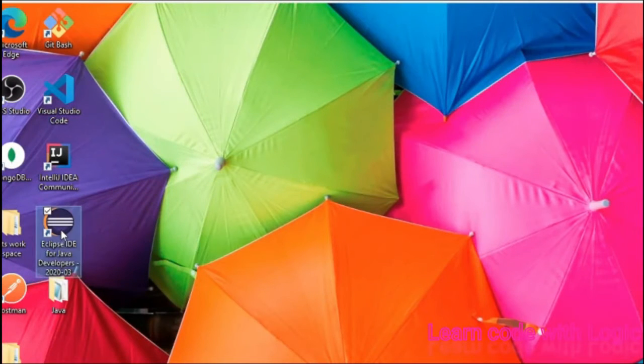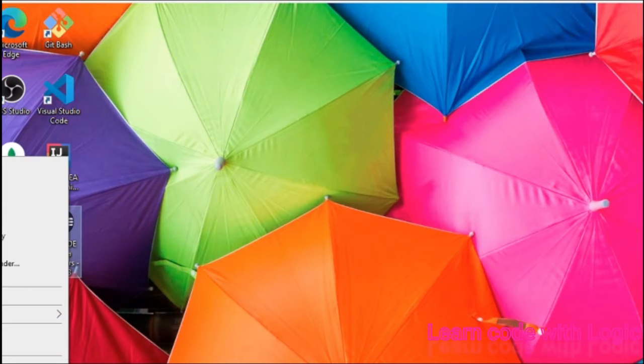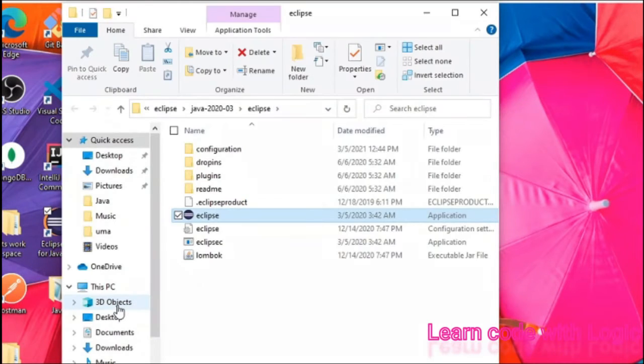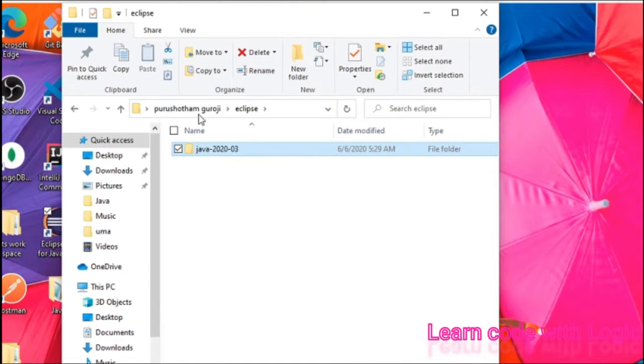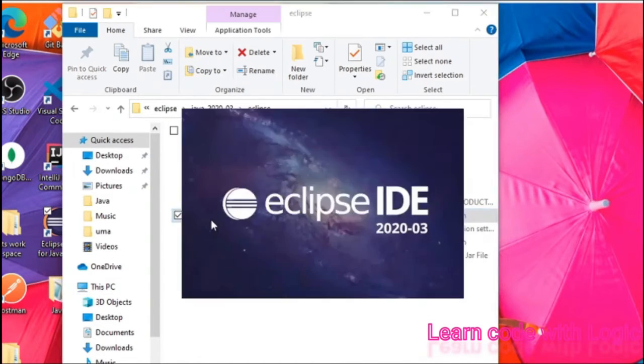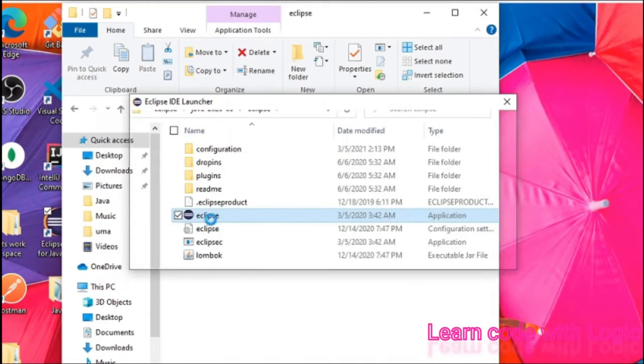This is the one I already installed on my laptop. If you look at the properties, you can see the file location where I saved my file. In that folder you can also see all this stuff. Eclipse, and if you open this one, your IDE is going to open.